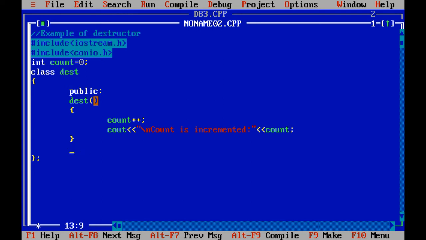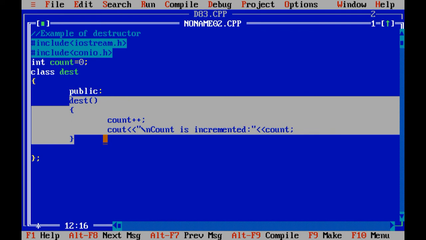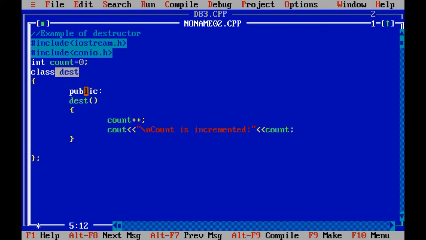Destructor. Now see, this is the constructor. Let me explain the difference between constructor and destructor. Both are opposite, right? The name of the constructor must be the name of the class. Similarly, the name of the destructor is also the same as the class. See, in this way only I am going to create the destructor of the class.